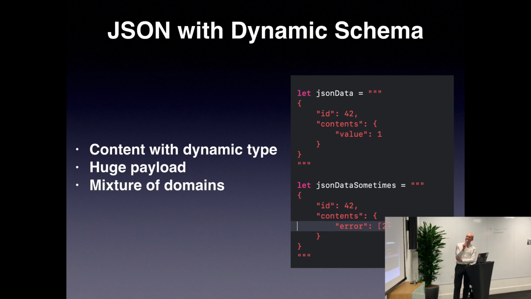So here on the right, we have a simplified structure where we can present this. We have a static ID, which is the same for each response, and contents, which can be different, either an integer or, let's say, an array of integers. With this solution, we can have these dynamic types, meaning the content can be strongly typed, and we can define this type precisely later as a structure in Swift without writing too much additional